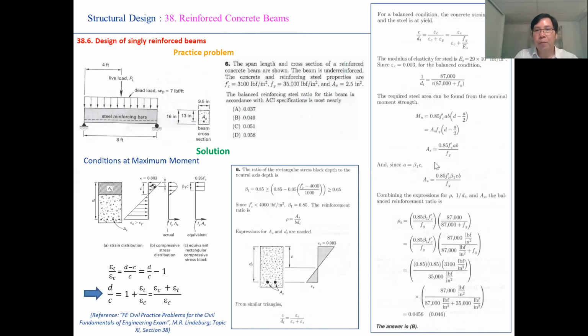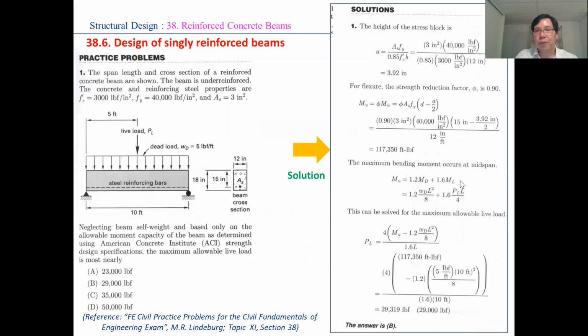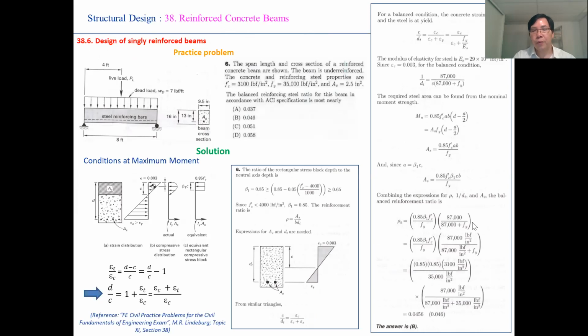So from that you can find the equation of As. And after you can calculate the balanced reinforcement ratio Rho sub b by this equation, and finally you replace